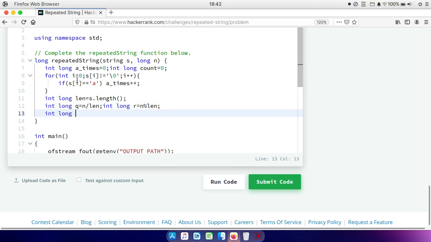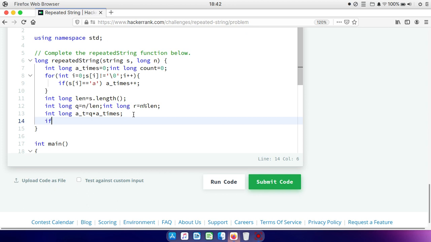Okay, and then we define another variable a_t, that is q into a_times. What does this do? If length is a multiple of n, then we simply return q into a_times. Okay, if it is not, you can see that if r equal to 0, then we simply return a_t,